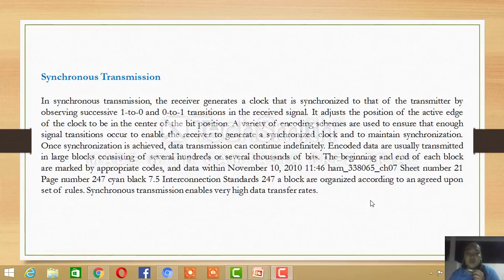A variety of encoding schemes are used to ensure that enough signal transitions occur to enable the receiver to generate a synchronized clock and maintain synchronization. Once synchronization is achieved, data transmission can continue indefinitely. Encoded data are usually transmitted in large blocks consisting of several hundreds or several thousand bits. The beginning and the end of each block are marked by appropriate codes, and data within